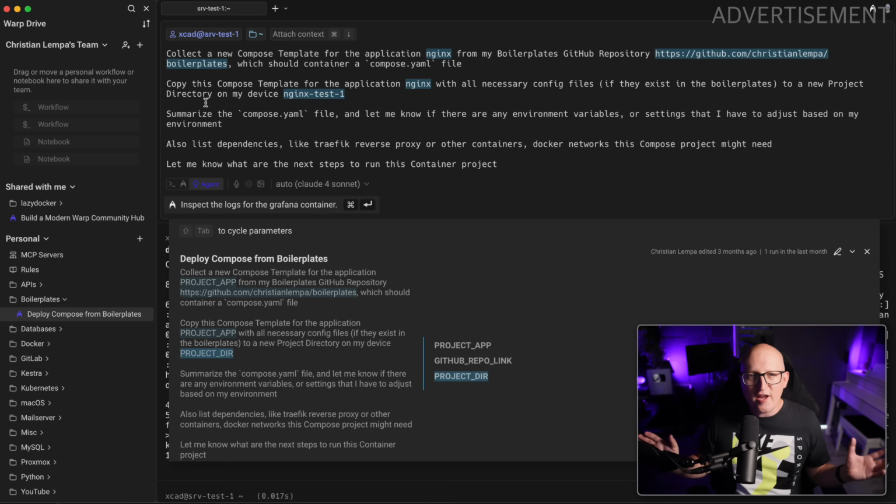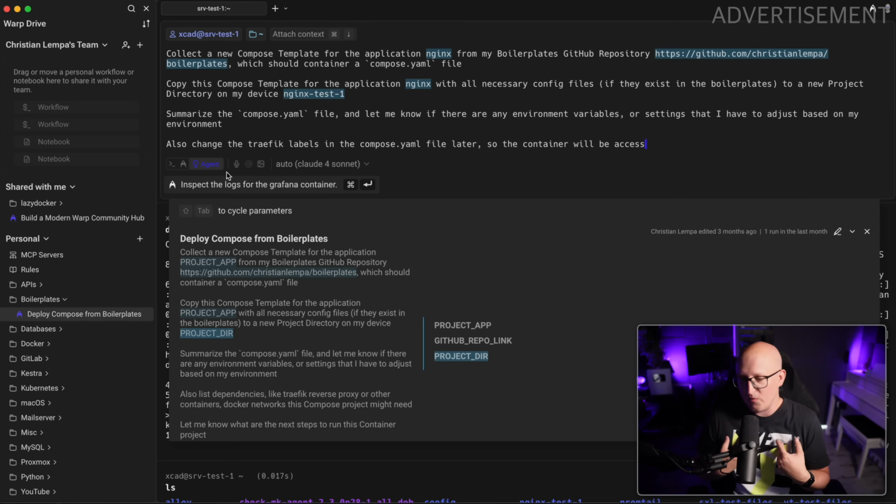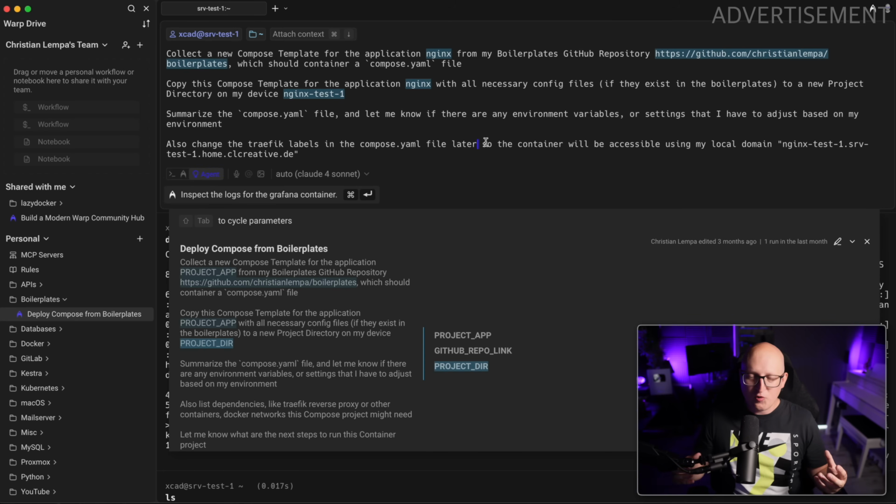I thought it would be just a good example to demonstrate how AI can fully autonomously deploy an application using these templates on one of my testing servers, and I don't have to manually download and copy all the necessary files, create the directories, and configure specific labels in the compose file for traffic and these type of things. You can ask Warp to do that